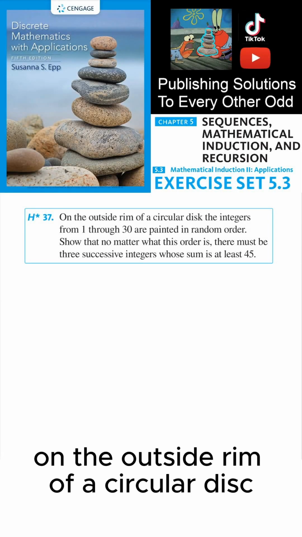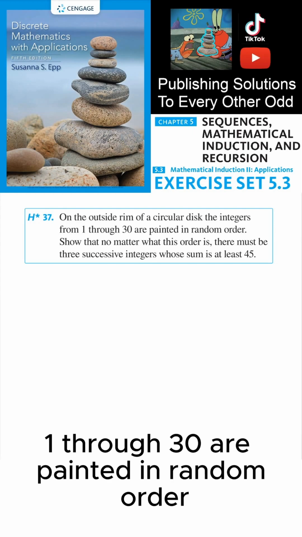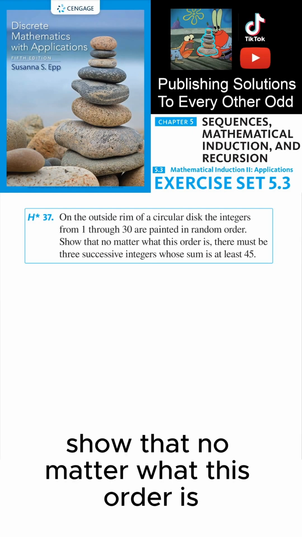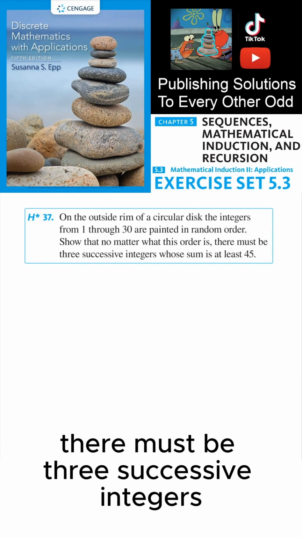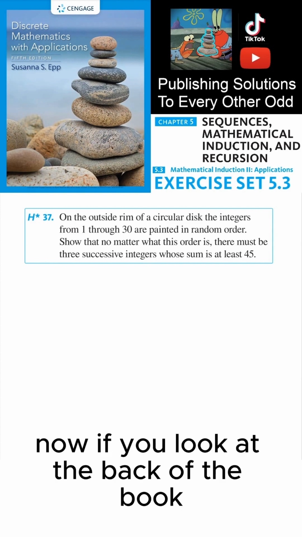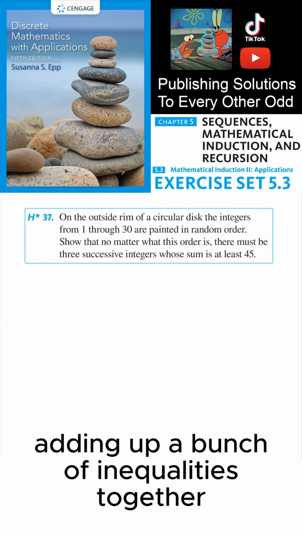On the outside rim of a circular disk, the integers from 1 through 30 are painted in random order. Show that no matter what this order is, there must be 3 successive integers whose sum is at least 45. Now, if you look at the back of the book, there's a hint that talks about adding up a bunch